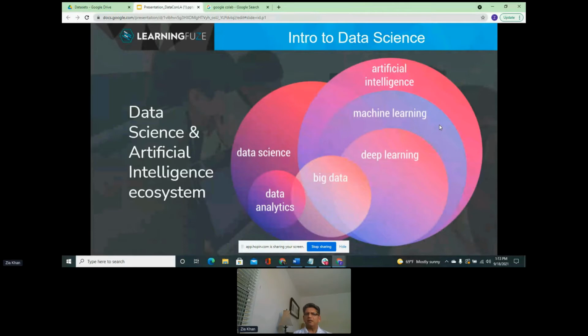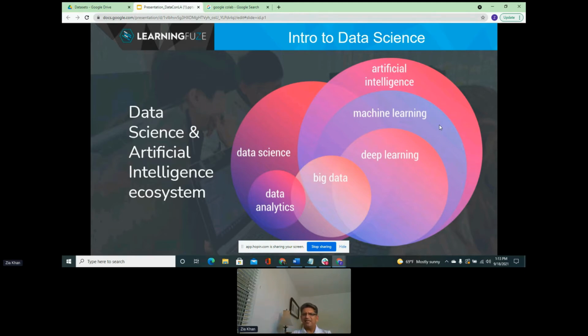In all those fields, we do utilize data, and the data could be big data or even regular structured data, which comes in a database kind of format. Now, data analytics is a part of data science, where data science includes data analytics in it. We do data analytics, and then we do predictive analytics, which is basically data science.